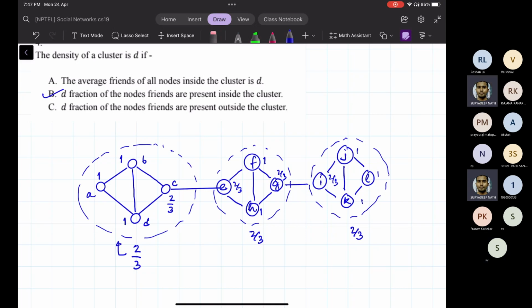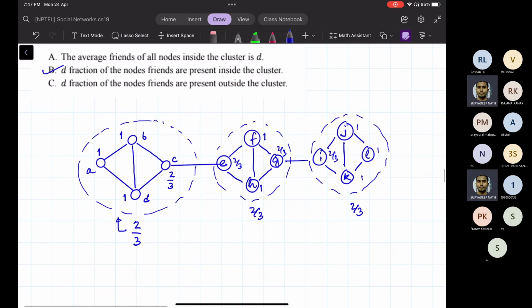To solve this problem, you have to find the fraction of friends of each of the nodes in the cluster. If you take this cluster A, B, C, D, they have this four node structure. They have already told which are the clusters. A, B, C, D is one cluster, E, F, G, H is another cluster, I, J, K, L is another cluster. They have segregated into three clusters. Now in each cluster, we find out the fraction of